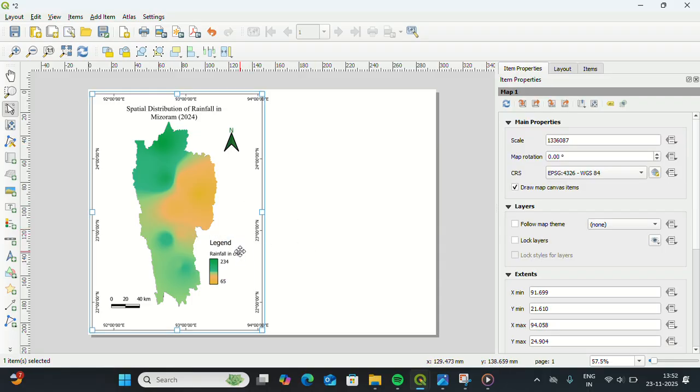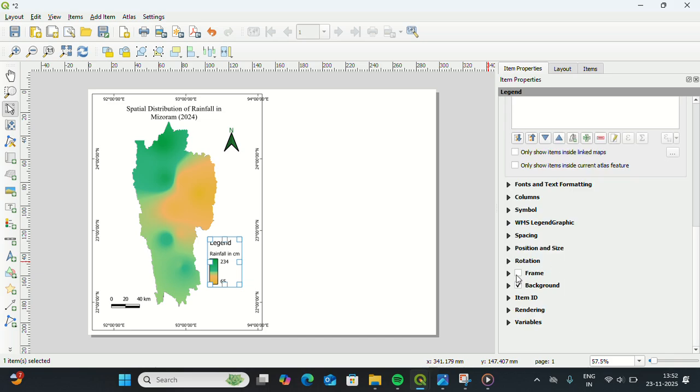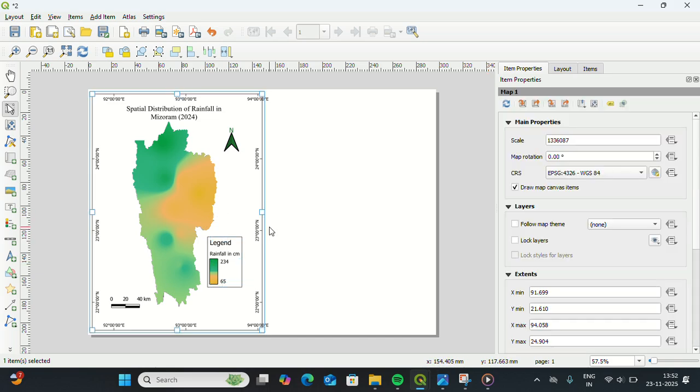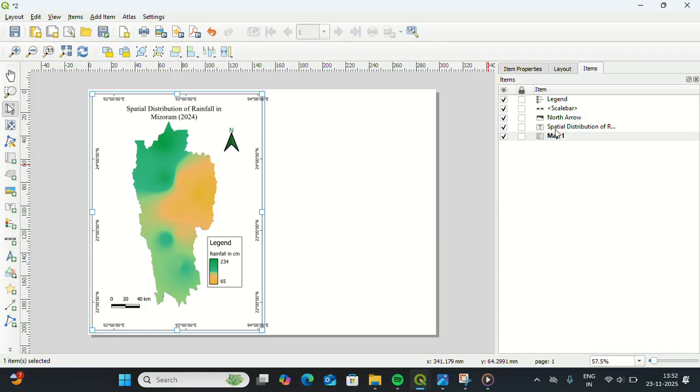And if you want, you can make a frame for this. Go under, there is frame, tick it. Now the first map is done. So to make the second map here, you have to lock all these layers. So click on here, go to properties, there is lock layer, tick it, lock style for layer as well, and go to items, take this map one and all the elements,